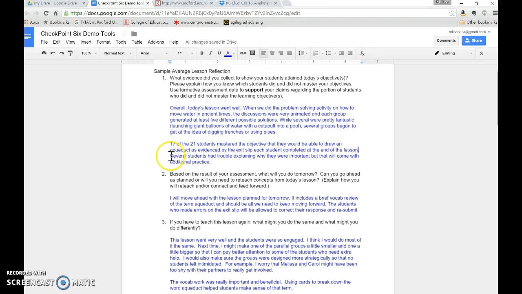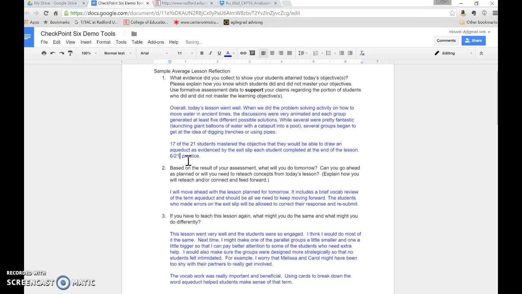Exactly. Okay, so how many is several? I'm gonna say 6. And now that I'm thinking about that, you know, I used several, but I'm realizing that 6 is actually over a fourth of the class, and that's bigger than I thought. Sometimes when we use language like several or some, we lose track of the detail and how many students we're really talking about. So 6 of 21 students had trouble